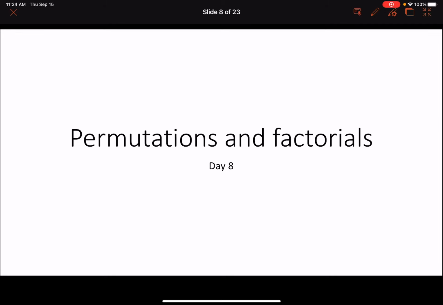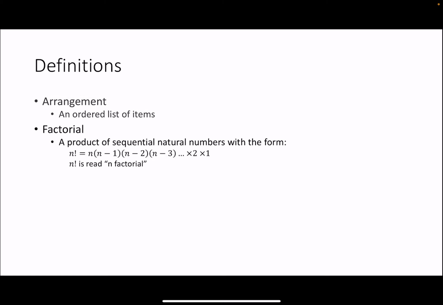Now we're going to talk about something called permutations and factorials. We'll start with a few definitions. An arrangement is an order of list items. Factorial is a product of sequential natural numbers in the form of n factorial equals n times n minus 1